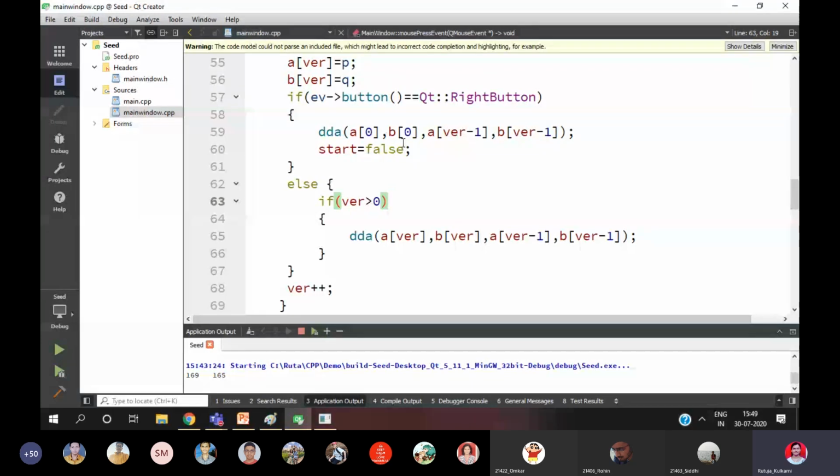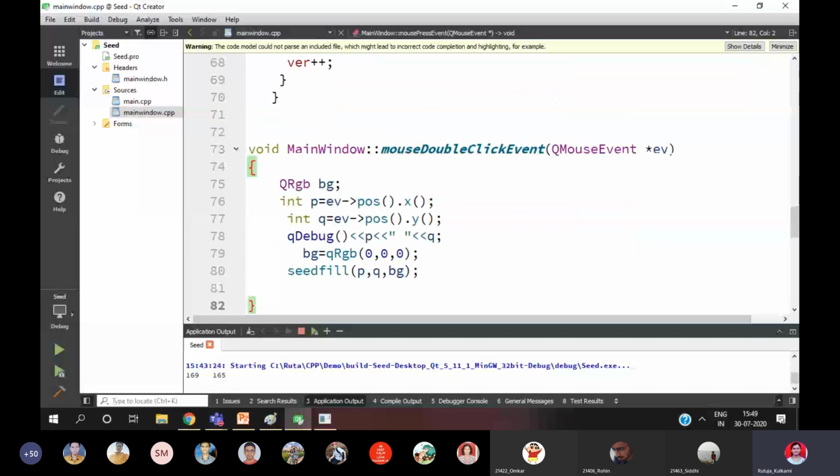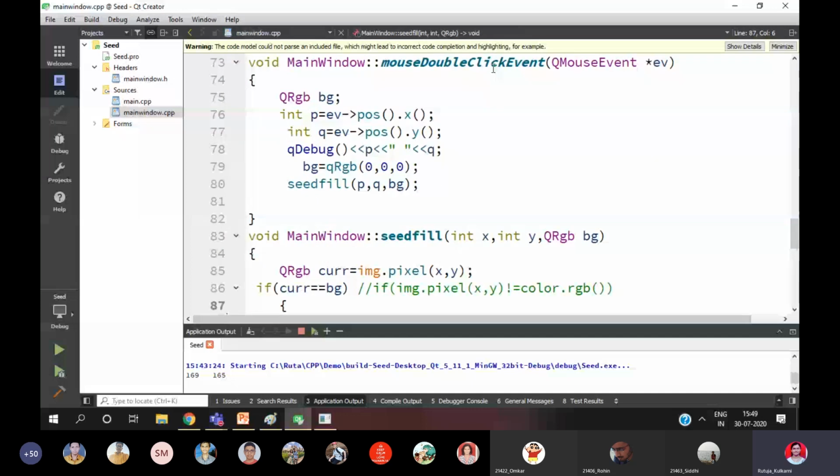And when I want to close the polygon, this is the condition, first point and the last point, right? And here is the mouse double click event. You just need to double click inside the polygon you have drawn.